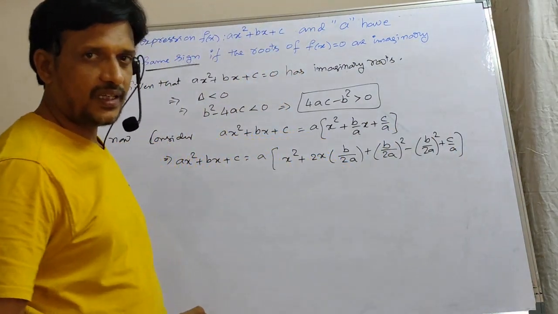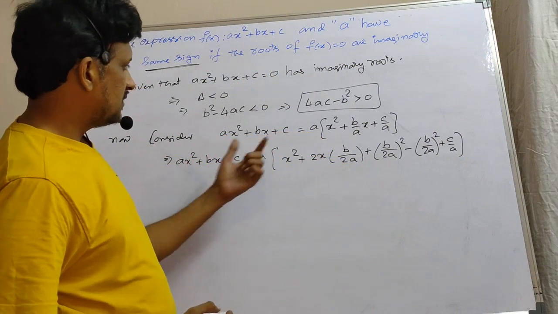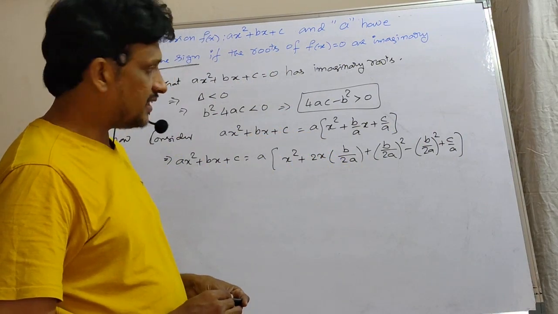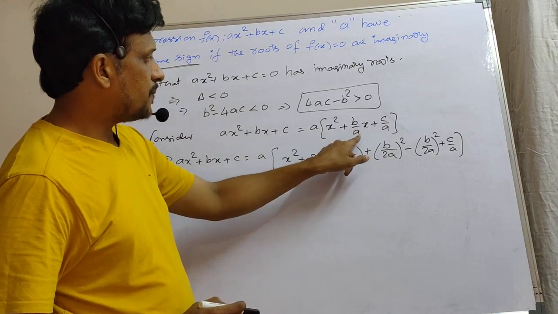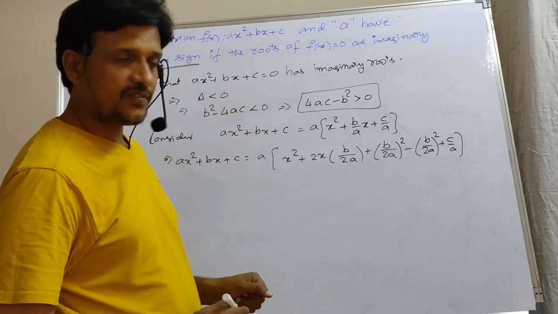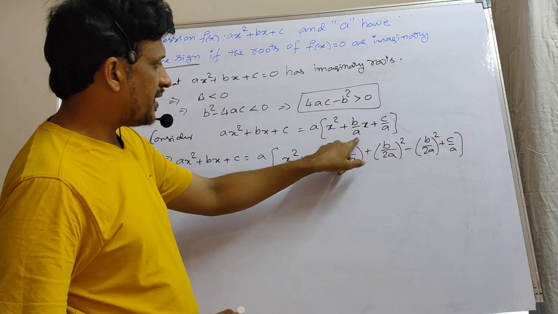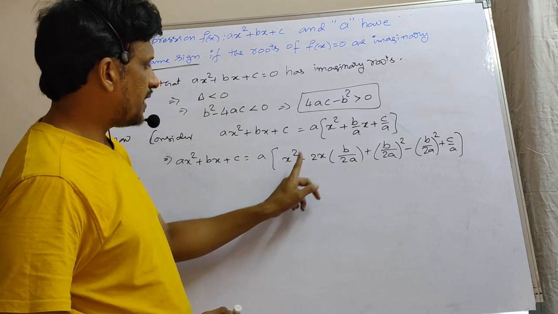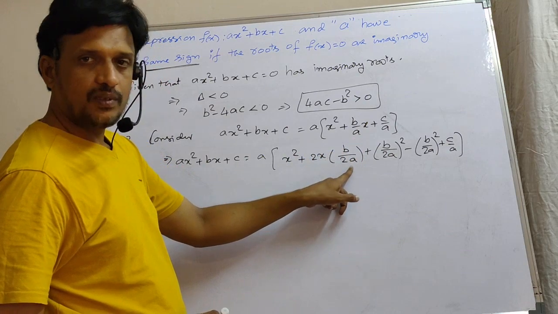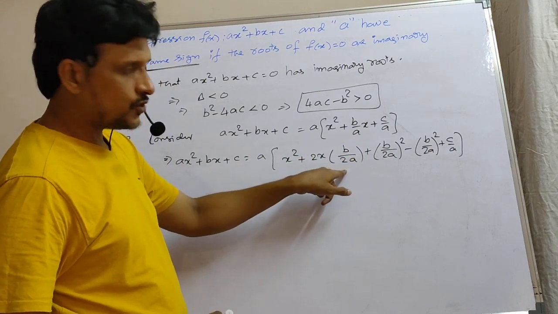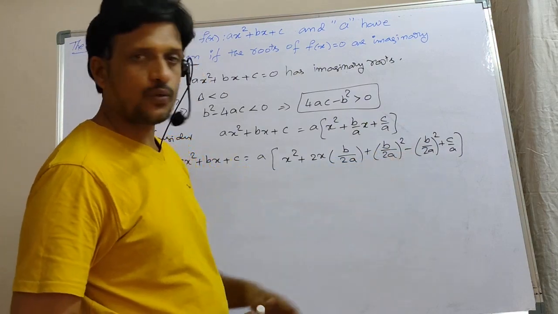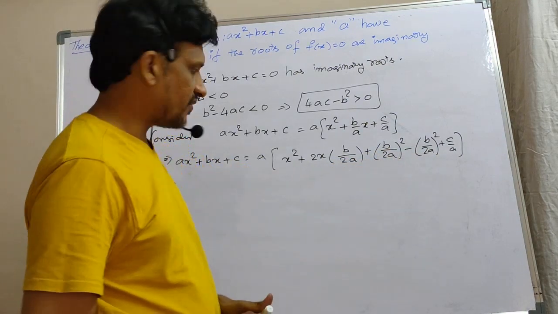Okay. So here, observe this one. This is the key part of the solution here. x square plus b by a x plus c by a is the given one. Here the second term b by a x is there. I am multiplying and dividing with 2 here to get a square plus 2ab form. So where b is b by 2a, plus b square I want to get here. So adding and subtracting b by 2a whole square, you will get the simplified form.